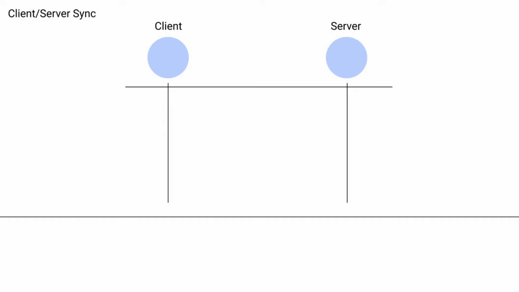So, we have recognized a need for some consistent time reference between the client and the server. And we recognized that in the last video when we saw that we needed to put a tick timestamp inside of the messages that we're sending across. Like when the client needed to send an input change request over to the server, I had to say, what tick do I want this change to occur on? So the only way that that can work is if the client and the server have some synchronized concept of